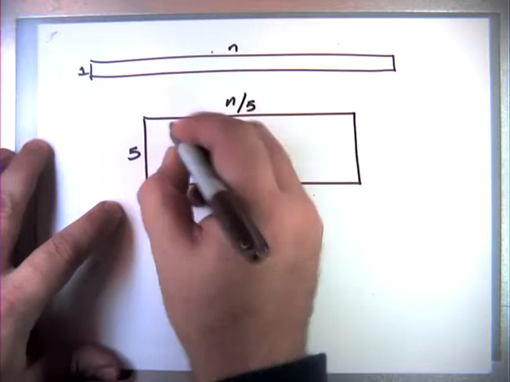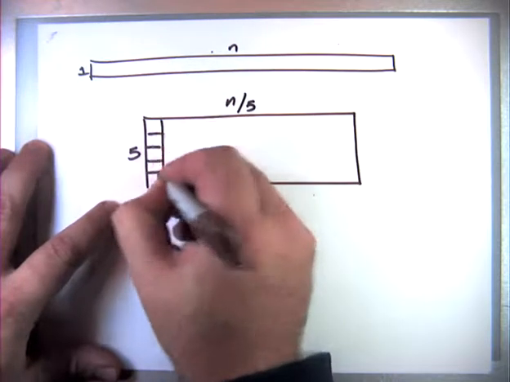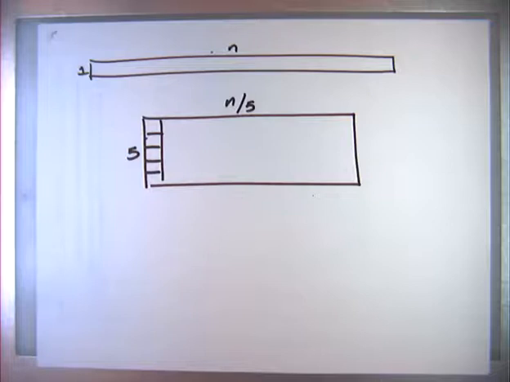Okay? So in particular, I'm going to imagine that the array is made up of 5 rows, each with n over 5 elements in it. Now, at the end, I'll talk about where this number 5 comes from. It falls out of the recurrence, but for now, just trust me for a second. The 5 is the smallest number that works. Okay?